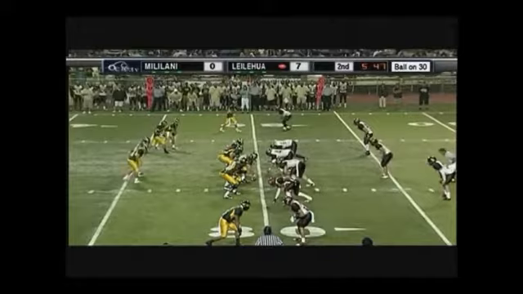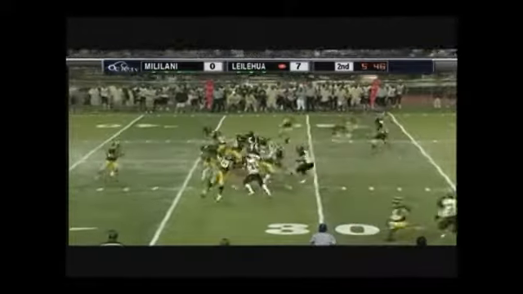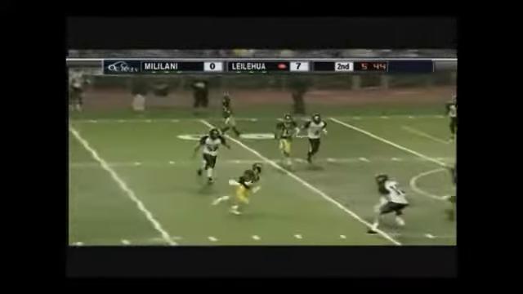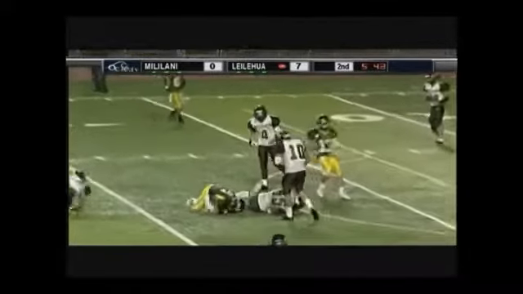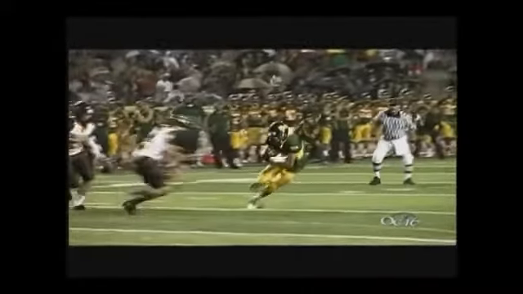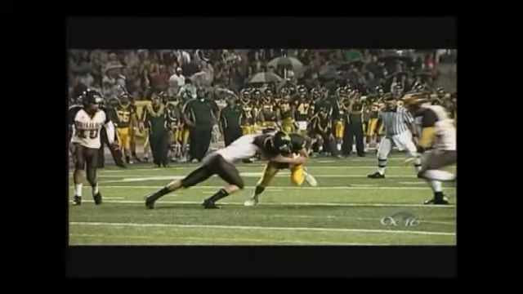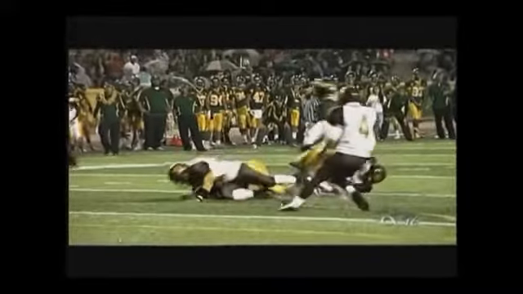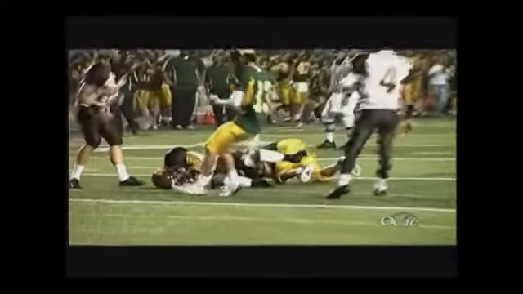Play number 9, the last of our targeting plays, is another illegal tracking play. I put it on last year's video and it's been used by others, but it's just a good example of it. You've got a runner who's going to the ground, he's been contacted by another defender, and the second defender coming from the right chooses to track that player at a low level, at or about the knee level, and track his helmet into that player's helmet or neck area. So that illegal tracking results in targeting and is a foul.